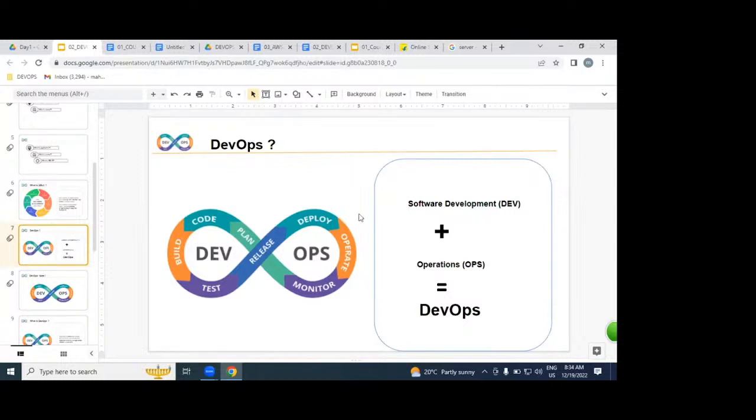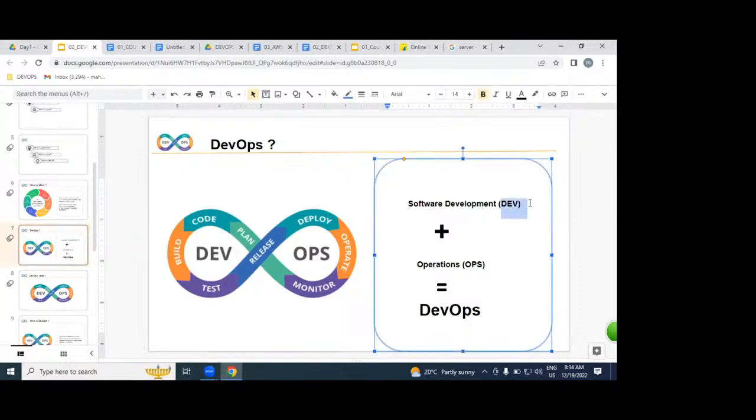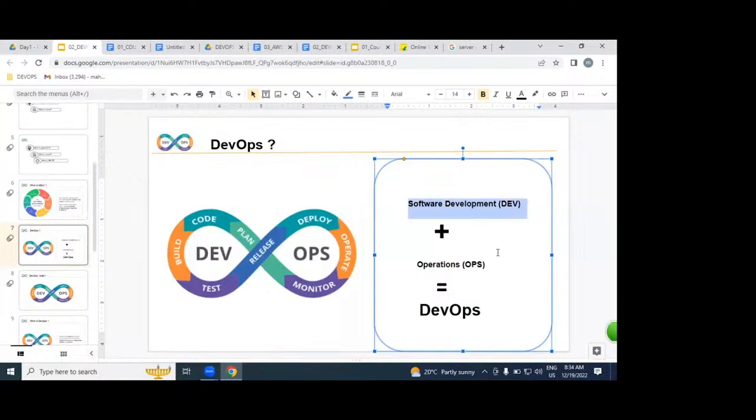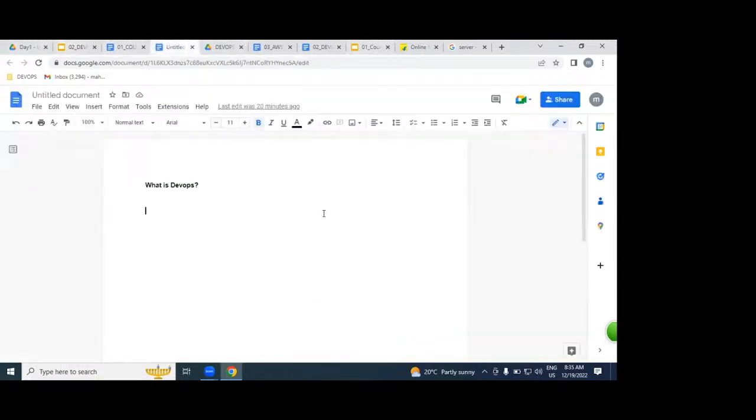What is DEV, guys, please? DEV is nothing but development. OPS is nothing but operations. The combination of software development plus operations we call as DevOps. For example, let's say...